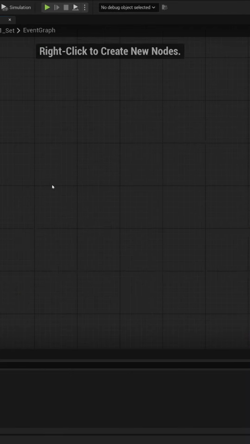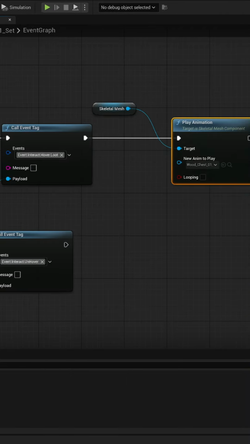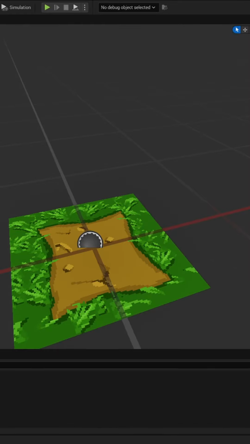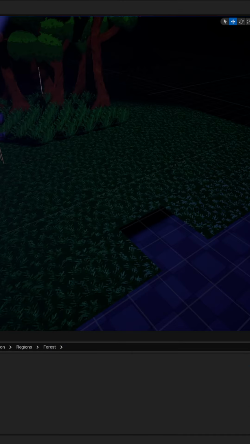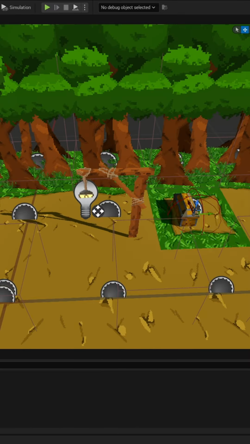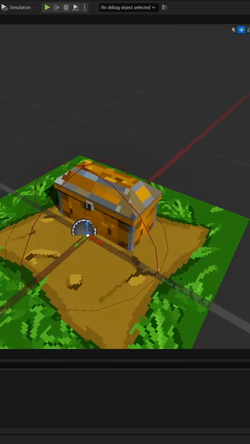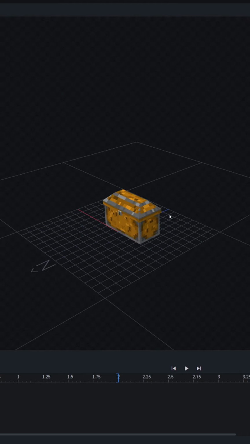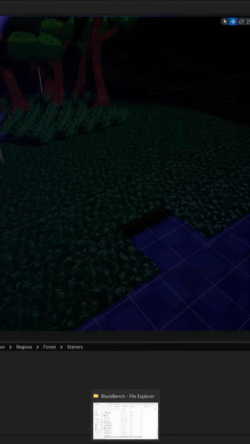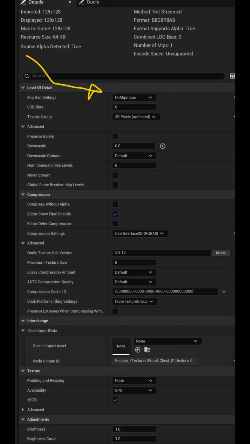The issue here is Unreal has a different vertex system than Blockbench. It uses Z as height instead of Z as depth. If you do any other option, it will break your animations. So please click ignore. The other thing is, when you're putting in the textures, you need to make sure your